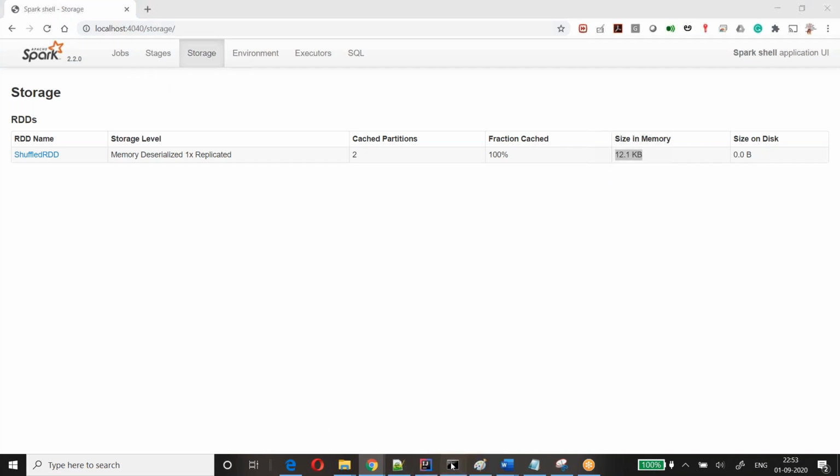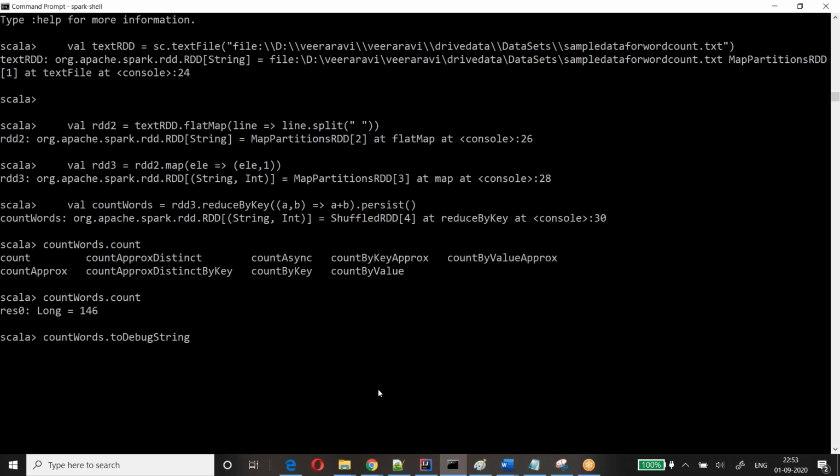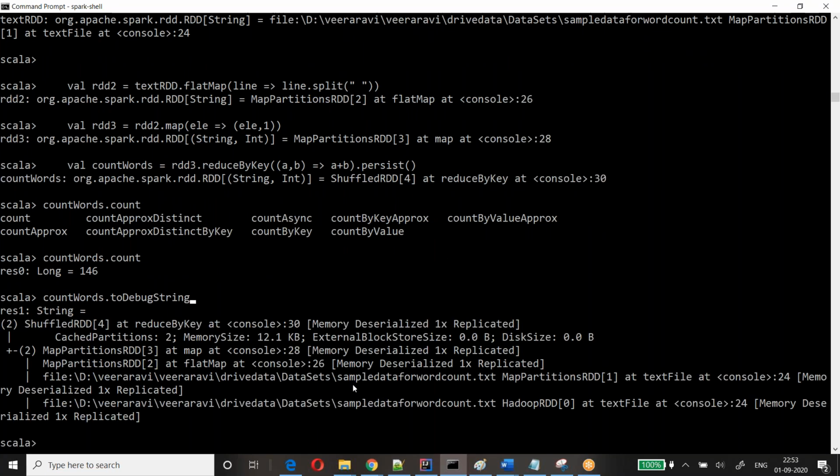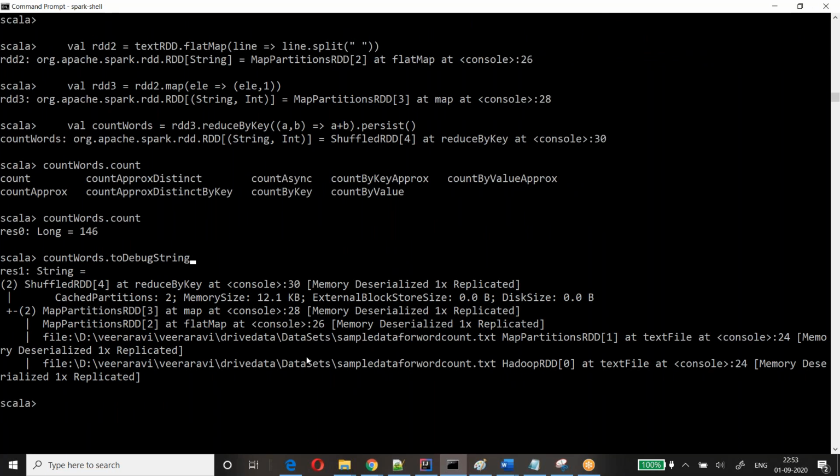Next, when I do toDebugString, you can see that the lineage graph is loaded. Here it is showing memory deserialized, one replica.